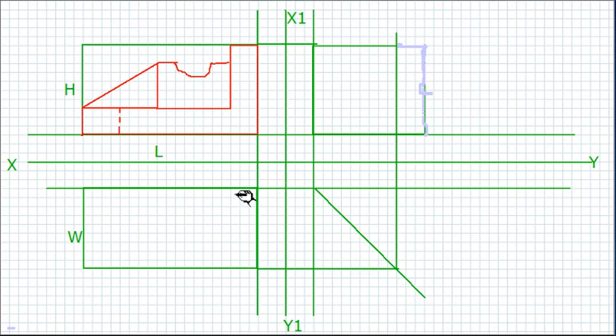So first of all, for that block, this line will be visible to us. Okay, and this bottom line is also visible to us completely.